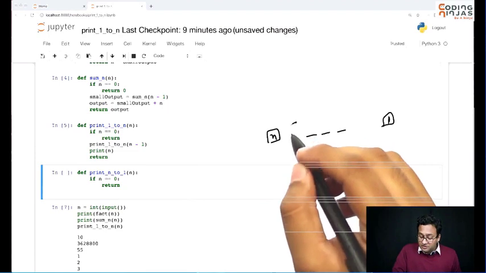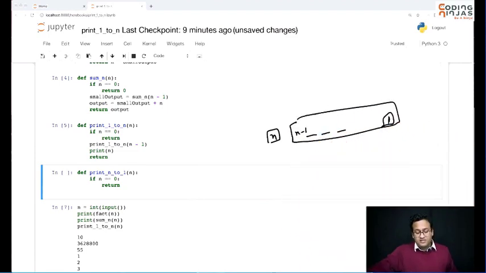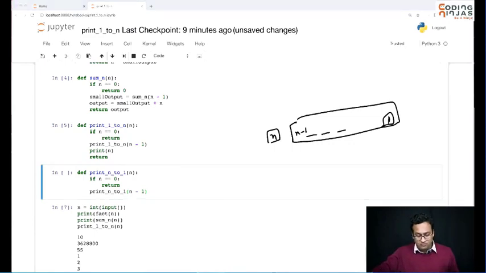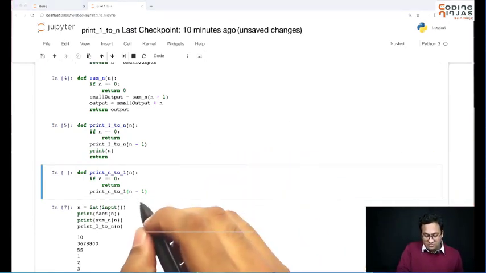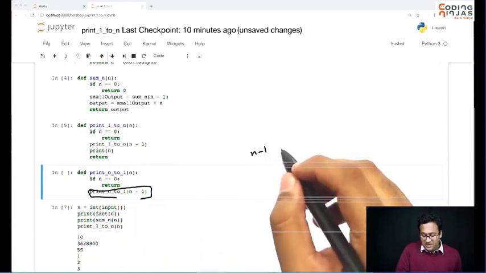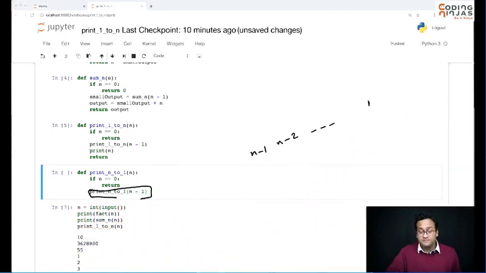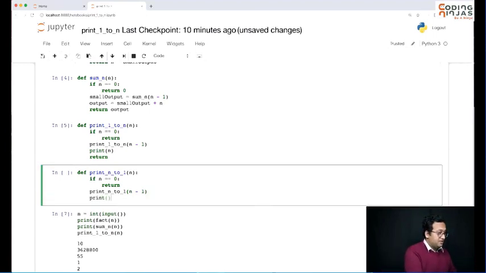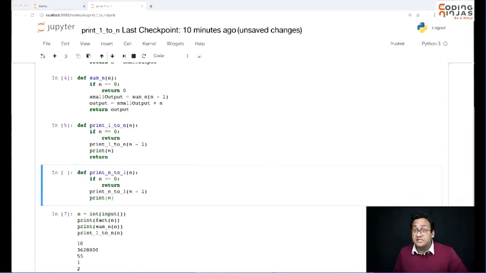So if I call the function to print, let's assume that the induction hypothesis works. So what you will do with that assumption is print n to 1, we'll call n minus 1. So I'm going to assume that by making this call, I have printed n minus 1, n minus 2 up to 1. And once I return from this function, if I do exactly what I was doing in the earlier function, and once I return I print n, then what is going to happen? I don't think we have implemented the induction step properly.